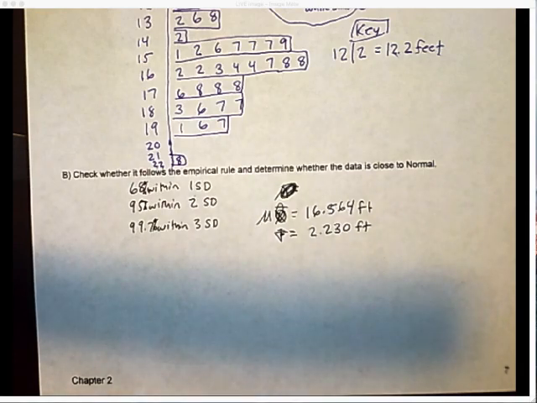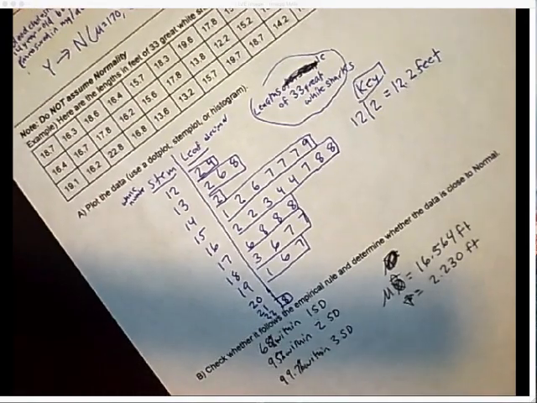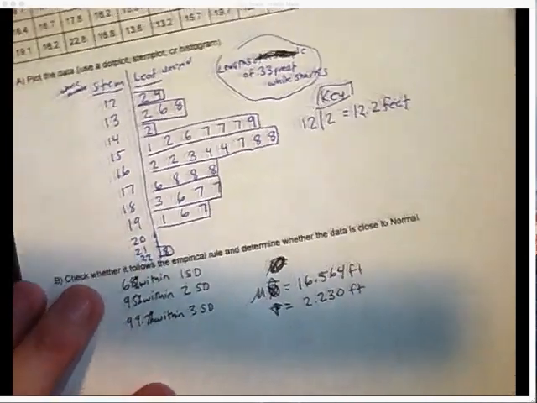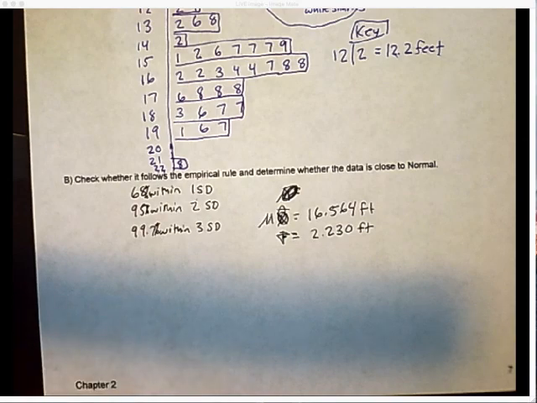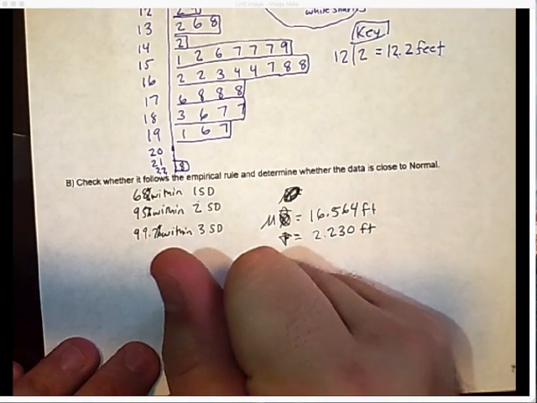So if this distribution, first off, does it look normal? Does it look like a bell curve? Not really. So my first thought, the answer is no. Okay, but we have to do calculations to show it. All right, so if we take the mean,